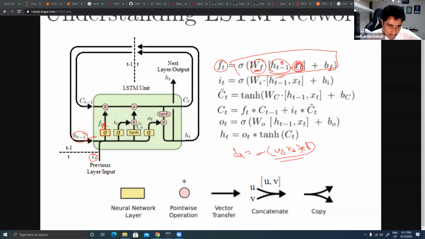Then it is trying to go over here, and here you can find a multiplication symbol. So it is trying to multiply with what? It is trying to multiply with this context vector from the previous step. You will be able to find that HT is nothing but the output from the previous one, whatever output I received last time when I gave the input. So now it will become HT minus 1 for this current time.